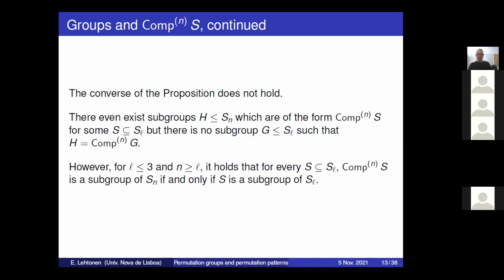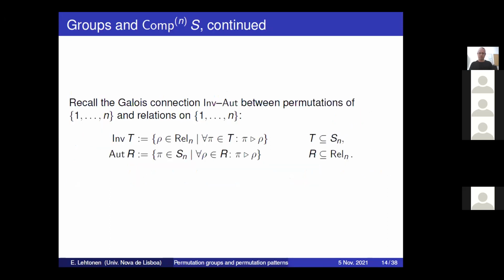So now getting back to the question, what kind of permutation groups may arise in this way as the set of compatible permutations? And this was a question that I studied with Reinhard Pöschel, and we succeeded in describing such permutation groups in terms of